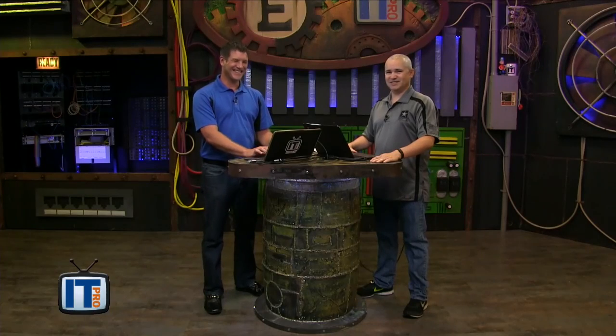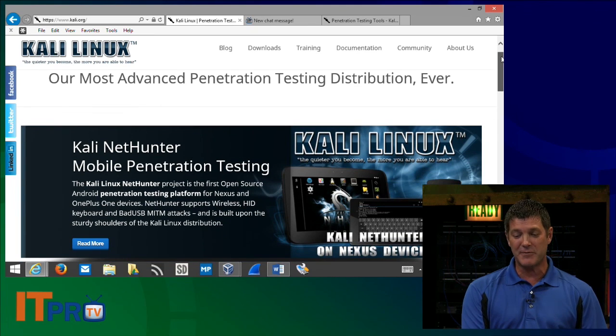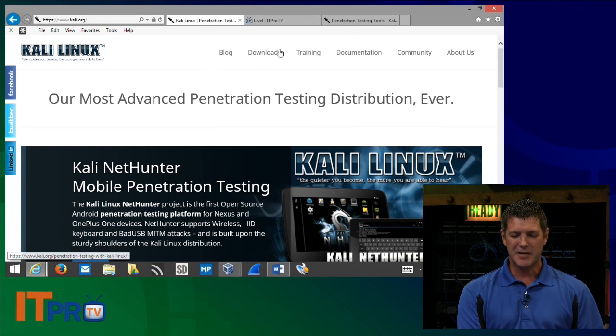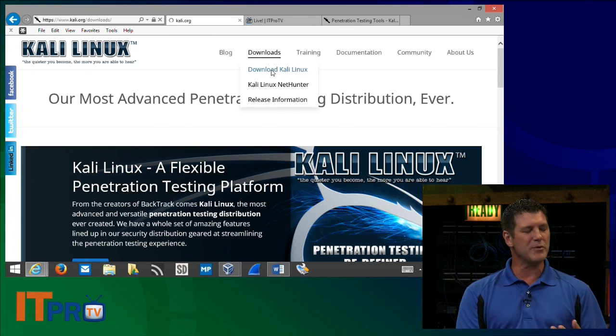There you go. All right, well, Sean, I'll tell you what, I'm sitting here on the home page. I've browsed over to Kali Linux, looking at the home page, and I probably think that the first thing I want to do is go and click one of these downloads, but there's several different options I've got. So let's talk about the different ways we can install.